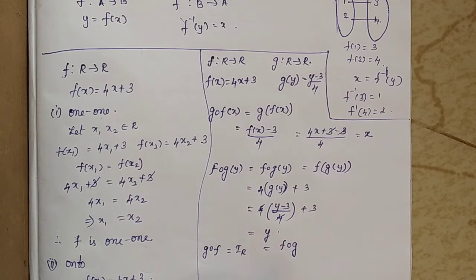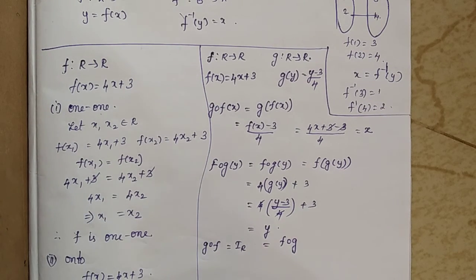When it is invertible, then the inverse will exist. Then f of x is equal to y means y is equal to f of x. Therefore, (y minus 3) by 4 will be the inverse of the function. Now, in both the cases, we get the same inverse. That's all about the invertible function and inverse of the function.